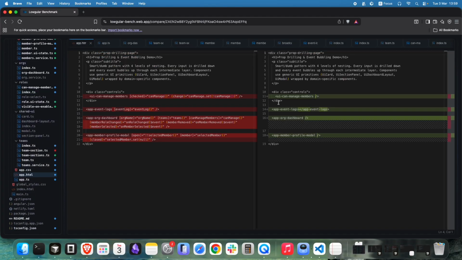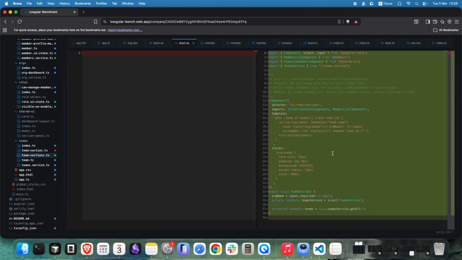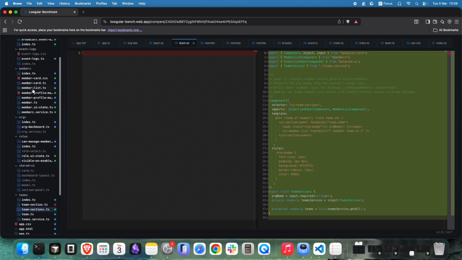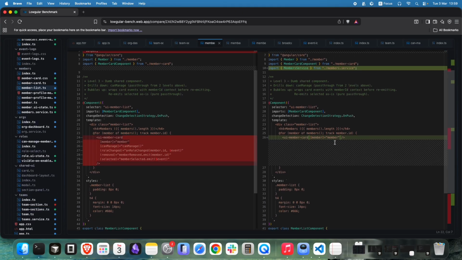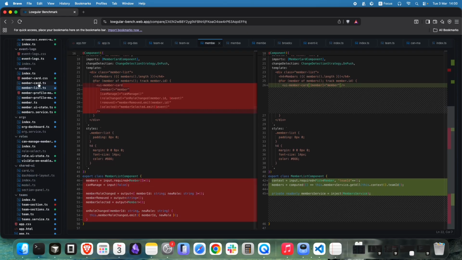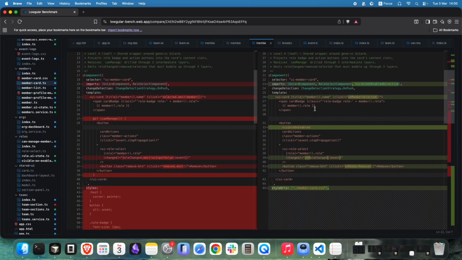So how is it done? You see, you can use the UI can manage. That's one place. Then you can go to another module, let's say to here, and you can see, no, not here, in the member list. You can see even deeper. Here you go. You see, I have this visible on enabled. This is a directive I can add on an element. And because visible on this directive